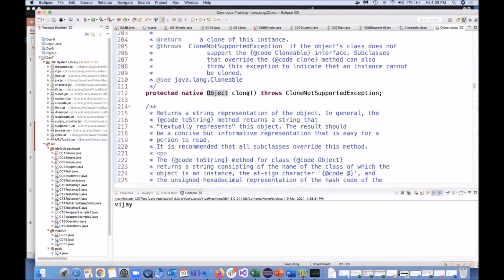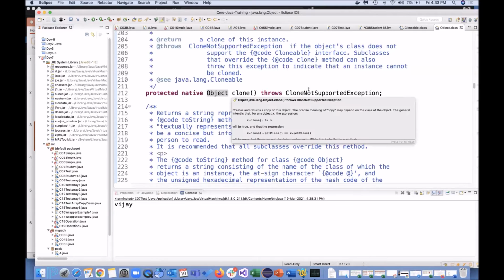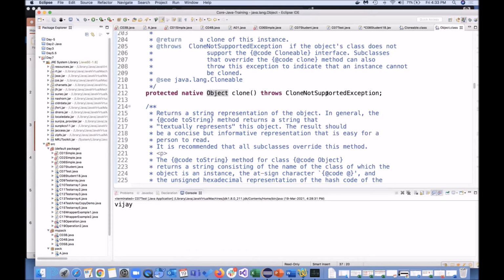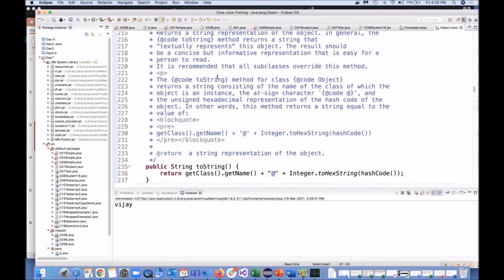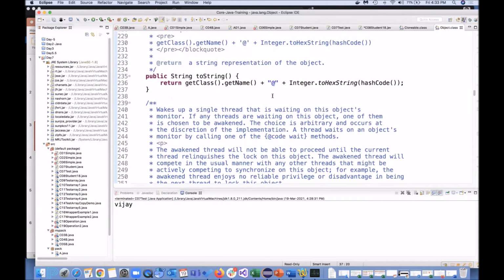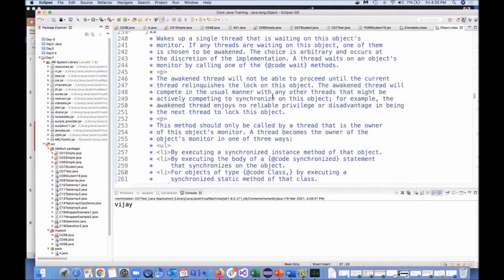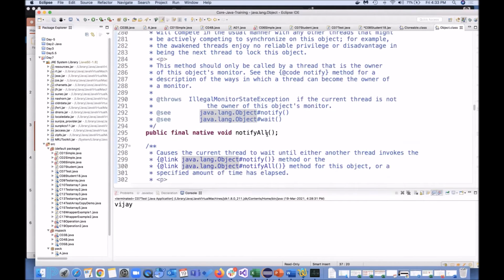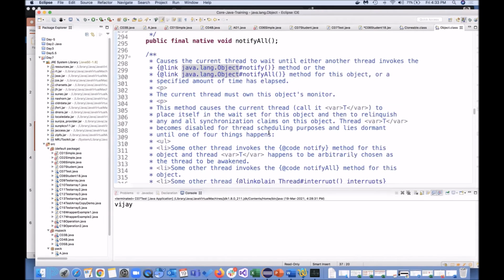You can see in Object, the clone method is already defined, which throws CloneNotSupportedException. At this phase, don't bother about this exception. When we learn exceptions, I will explain it in detail. But this Object class has all these things: the clone method, the toString function, notify, notifyAll, and all these functions are there.